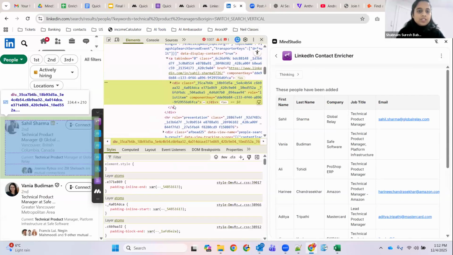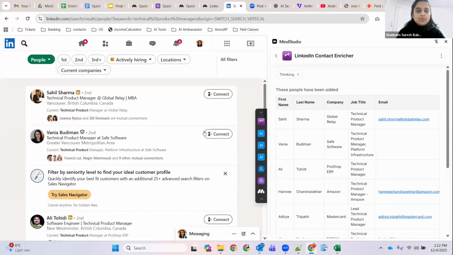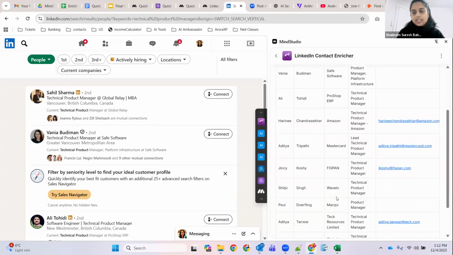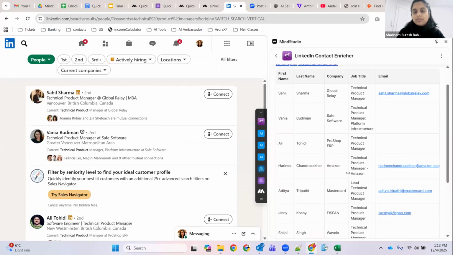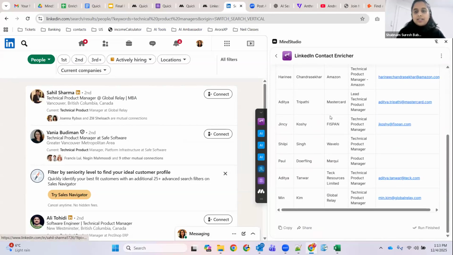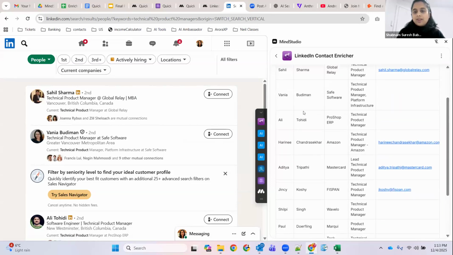So it's pretty much all of this content and it's a lot of text, right? So we are just telling the LLM, this is the instruction, this is the content that you need to process. Great. So in the meantime, I actually got the data generated as well. And you can see I have asked to format into a table and with spacing and all of that. So these are the values that are extracted. See, there's Sahil Sharma, Vanya, Buddhiman, all of these people.